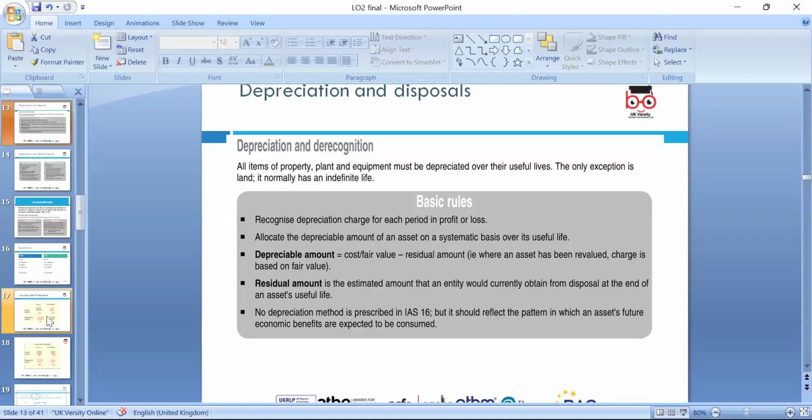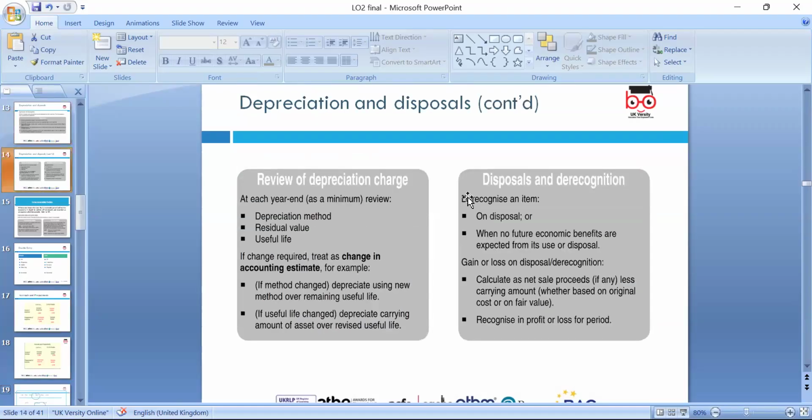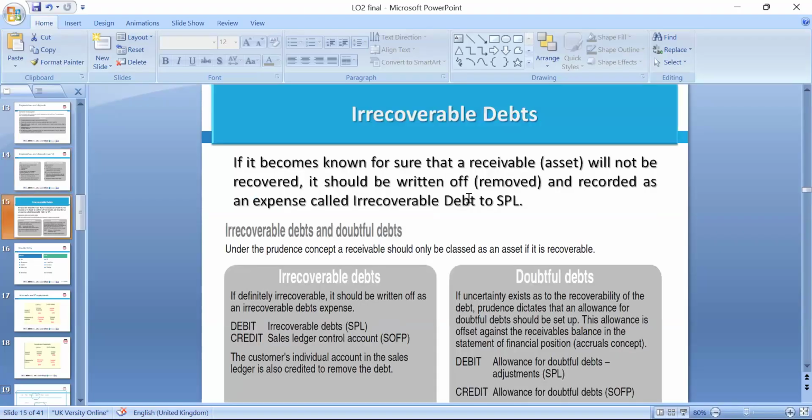Depreciation method under IAS 16, property, plant, equipment, either straight line, diminishing or reducing balance method. So please, the carrying amount of the asset should be reflected correctly in the book of account, and we will look at some numerical questions as well. Review the depreciation charge and disposal. So when you dispose of any asset, we need to make sure that we are reflecting the carrying value of the assets. We need to look at the residual value, the end value of the asset, and useful life. So we need to revalue our assets according to fair values.